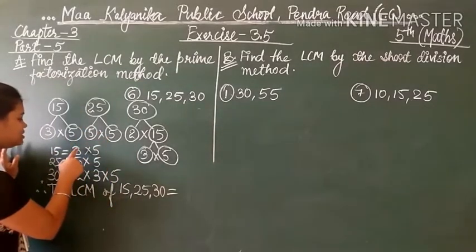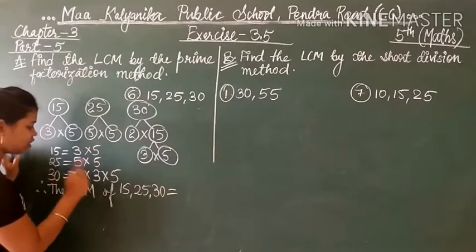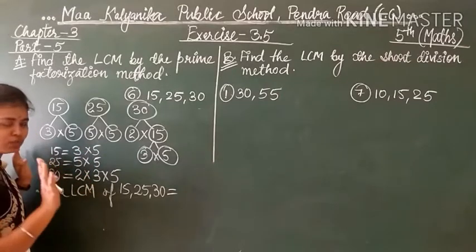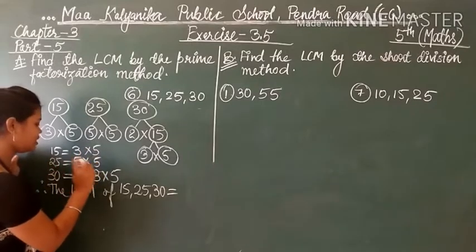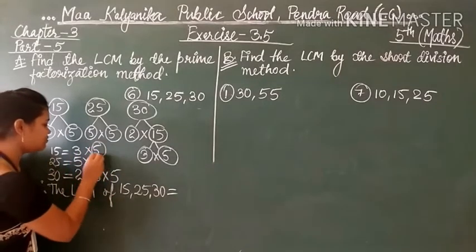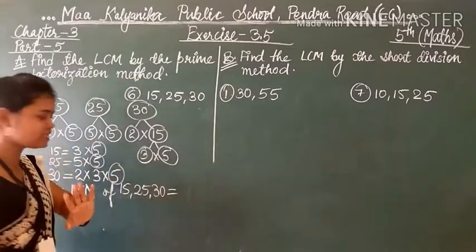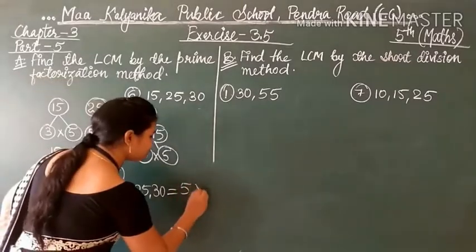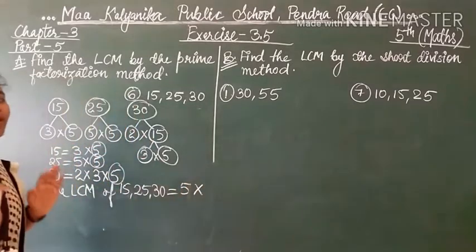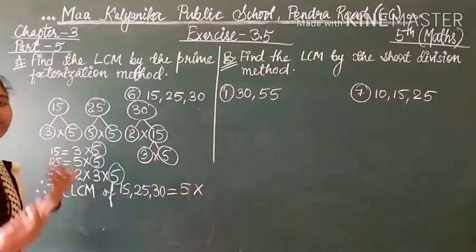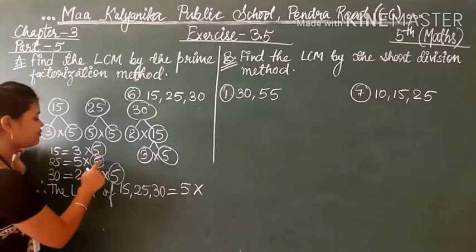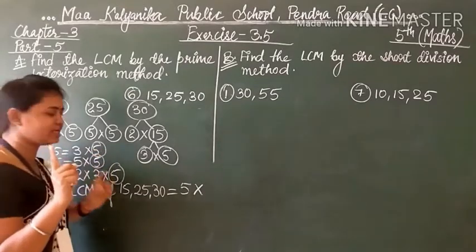Okay. So now students, 3 is present here, not present here, and present here. But first we will see the common factor in all 3. So 5, here also 5, here also 5. Circle 5 once. So one time all 3 have it in common. First I am writing 5 so that there is no confusion about which I am writing and which I am leaving. So 5, 5 and 5. We will take the common factor only once.